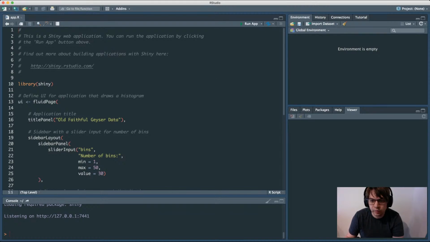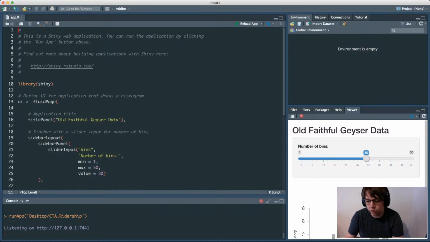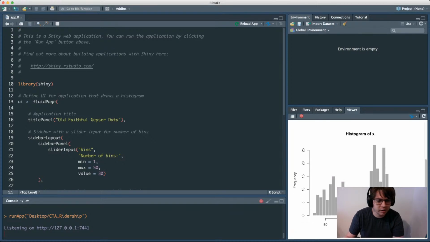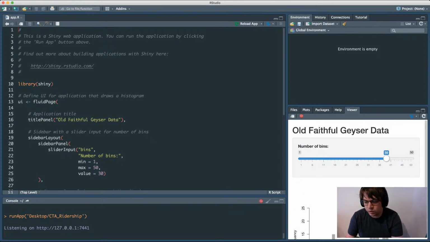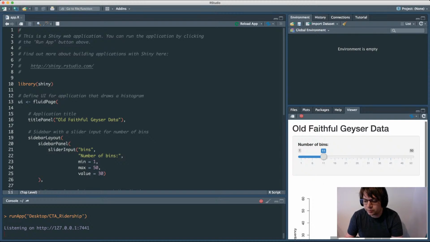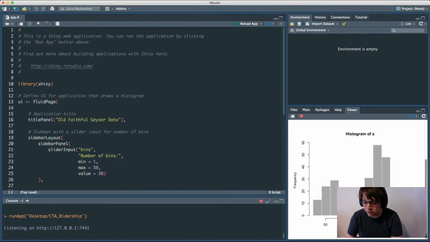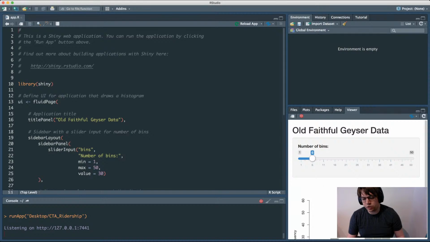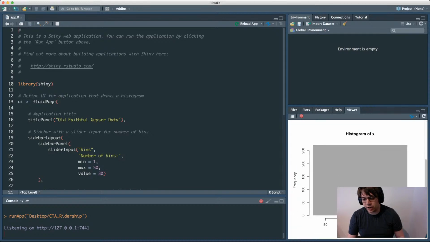There we go. Cool. All right. So now you can see this here in the viewer tab. You guys with me? I'll assume you guys can see this because I don't see why you wouldn't be able to. Nice. So, okay, this is a really straightforward example of a Shiny app,